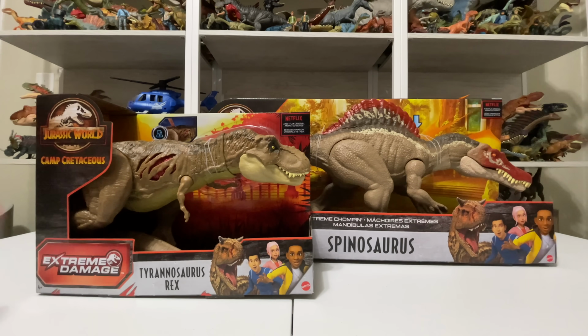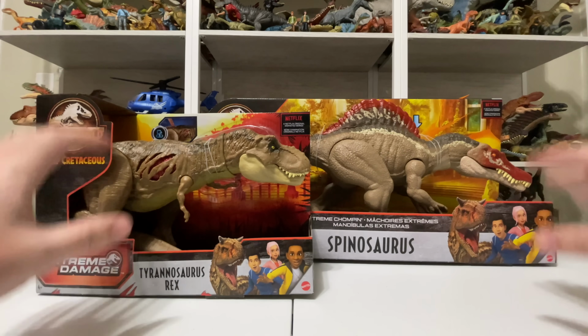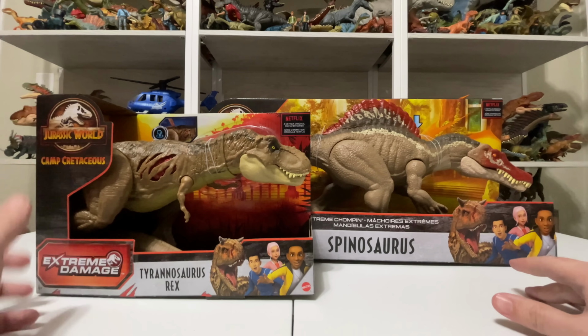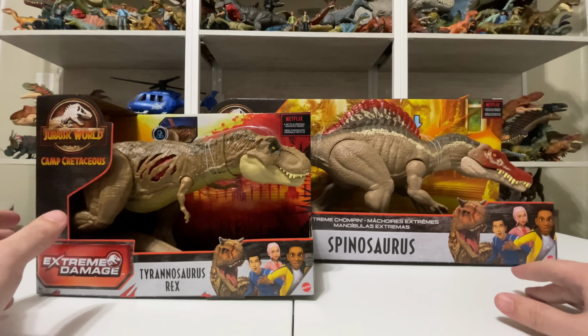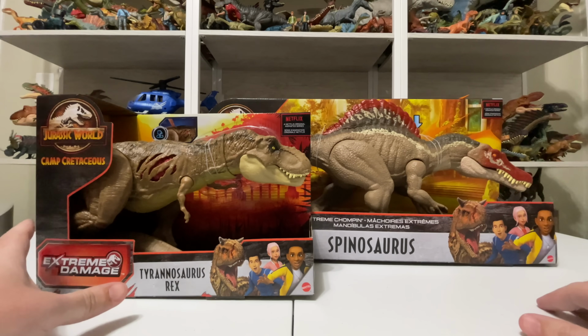Both you can see sort of have that Camp Cretaceous branding, though I'm not sure they're both from Camp Cretaceous, but I got both of these figures here today. We're definitely going to unbox them and take a look. I'm very excited, and a huge shout out to the Jurassic collecting community, who helped me get